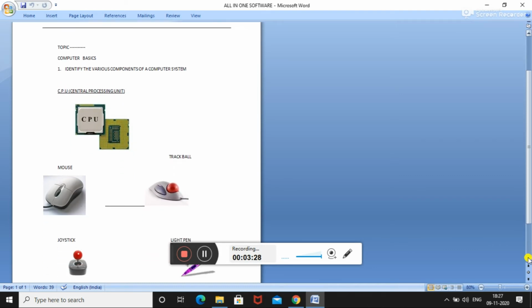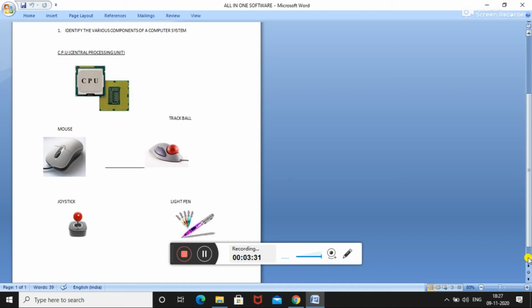First one, typing keys. These keys include the letter keys A to Z and digit keys 0 to 9, which generally give the same layout as that of typewriters. Second one, numeric keypad. It is used to enter numeric data or for cursor movement. Generally, it consists of a set of 17 keys that are laid out in the same configuration used by most adding machines and calculators.